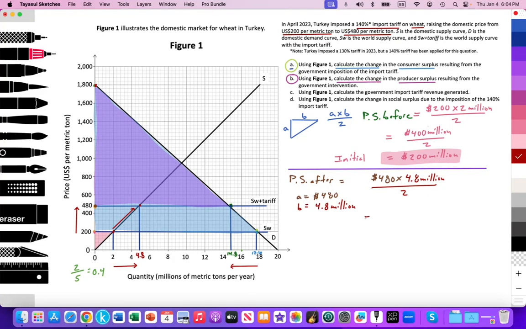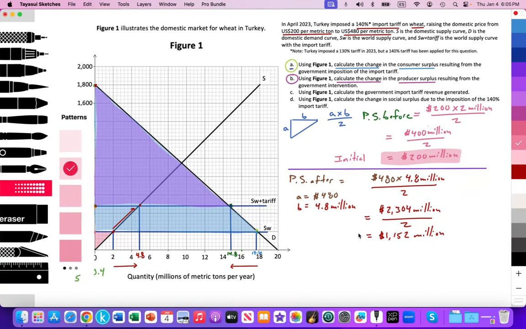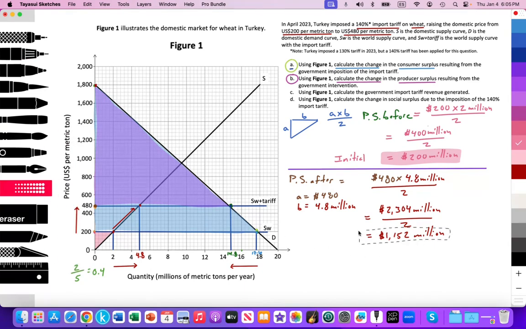So that's going to equal 480 times 4.8 million. And that works out to 2,304 million. Again, divide by 2 because it is a triangle. And so the final answer will be 1,152 million. All right, so I'm going to highlight that as my final